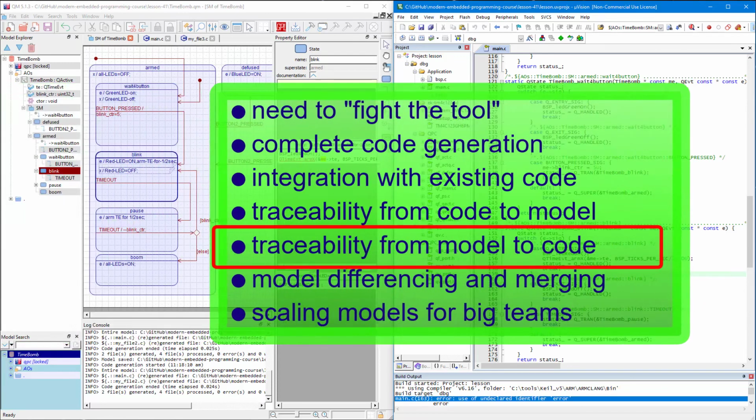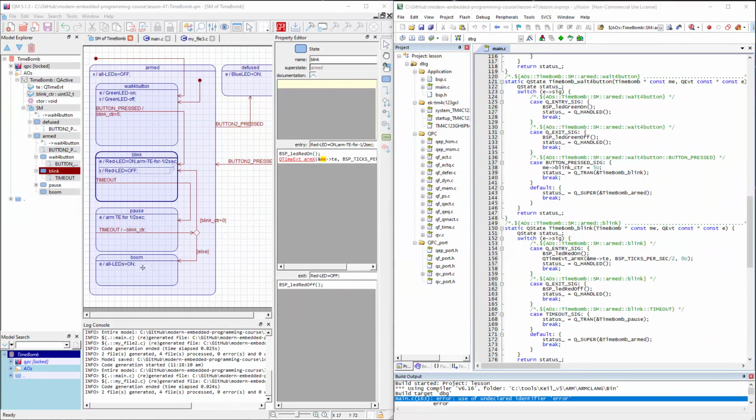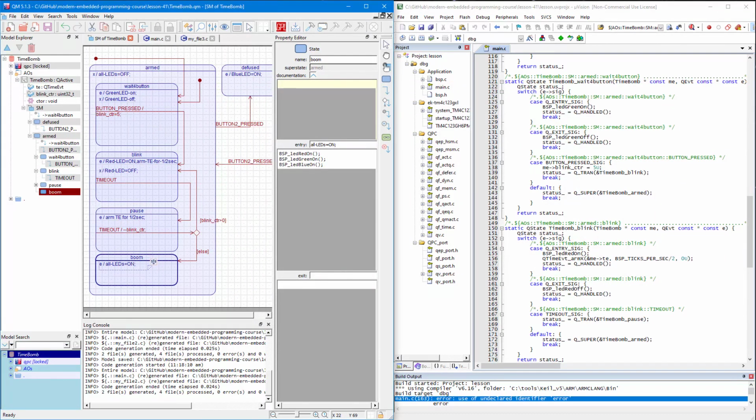Traceability is also important in the opposite direction, from the model to code. For instance, suppose that you want to set a breakpoint upon the entry to the boom state. Your problem is to quickly and reliably locate the corresponding place in the generated code. In QM, you can do this easily by highlighting the desired state in the model and copying the model link